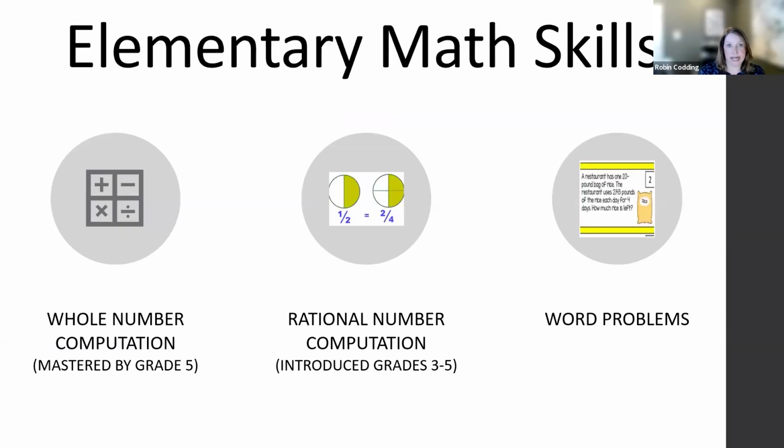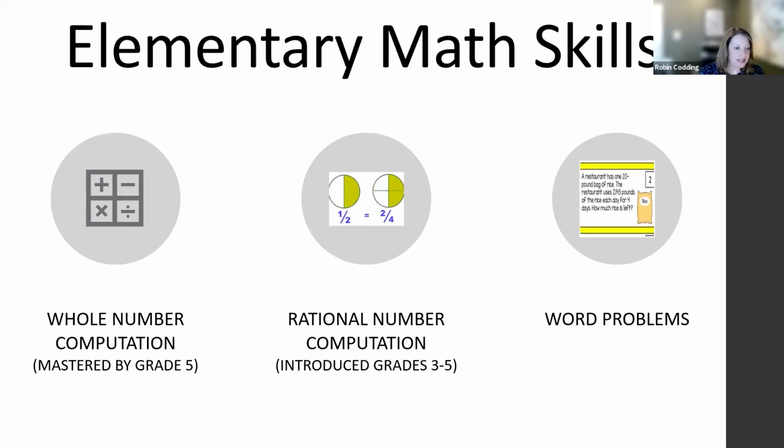The other anchors we want to have are the key skills that are required in the rest of the elementary school experience, so grades 2 through 5. So that includes whole number computation, rational number computation, and word problems. Those are the three fundamental key skills that students need to be able to master as they move into that secondary schooling area. So screening measures typically consist of computation and word problems, along with other applied problems related to